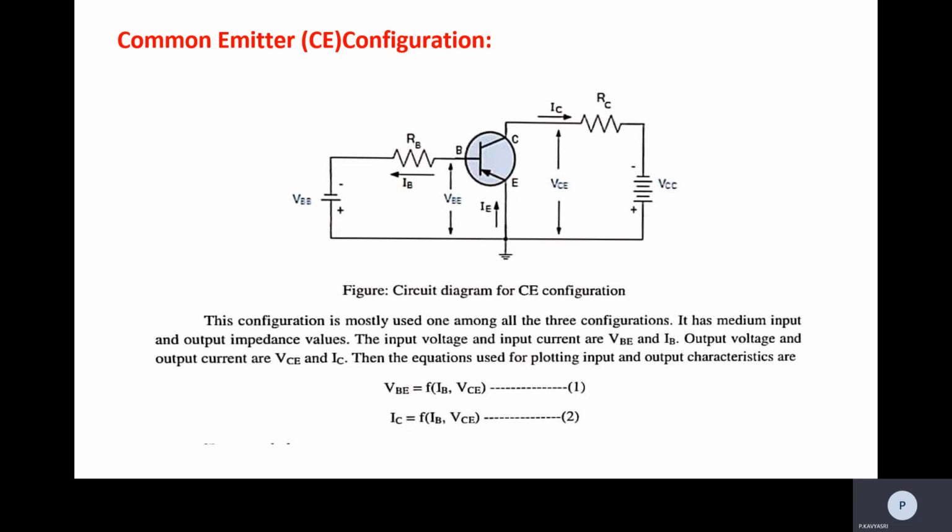You should remember only one point. Whatever the configuration may be, either a CB configuration, a CE configuration, or a CC configuration, the term common indicates the terminal that acts as a common terminal between both the input and output. If it is a CB, the base acts as common on both the input side and the output side. If it is a CC, common collector configuration, then the collector acts as common between both input and output. That is the simple concept.